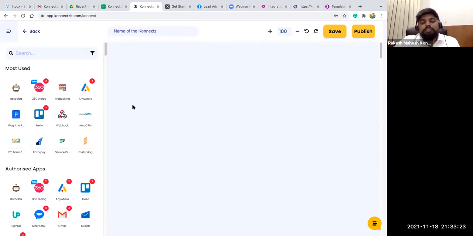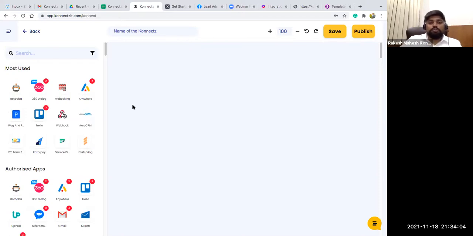Now I will be showing you. I'm just going to ask you guys a question: do you think you can integrate an app or build a workflow inside Connexit using any of your favorite apps, even if the apps are not integrated inside Connexit? Do you think it is possible? So the answer is yes, it is possible if they have an open webhook, and if they support an open API option. So you can integrate n different apps. You can consider more than 1,000 or 2,000 apps, using our generic webhook and API or HTTP modules.